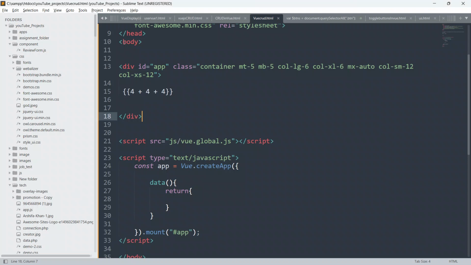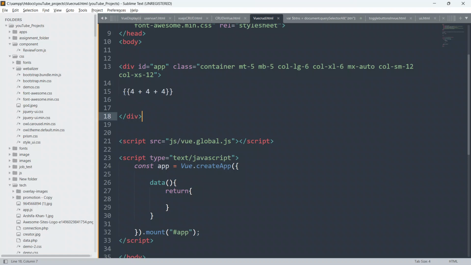So guys, let me explain one more time, although I have explained this many times in my previous videos. Whenever you are working with Vue.js, always remember that you have to write each and everything inside the double curly braces. Then only you will be able to see the output.